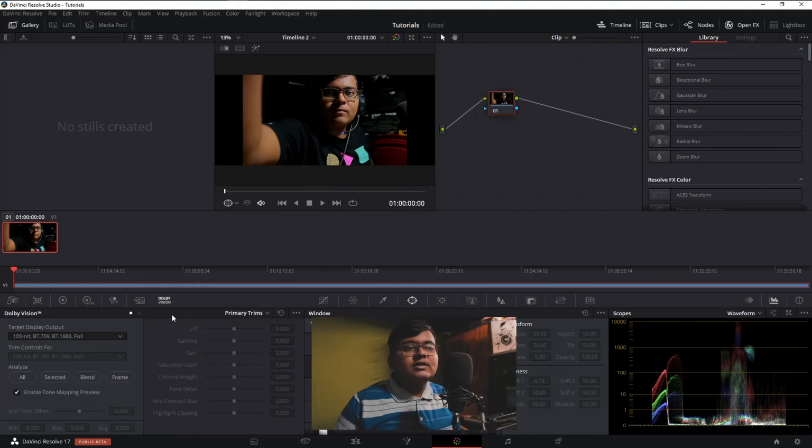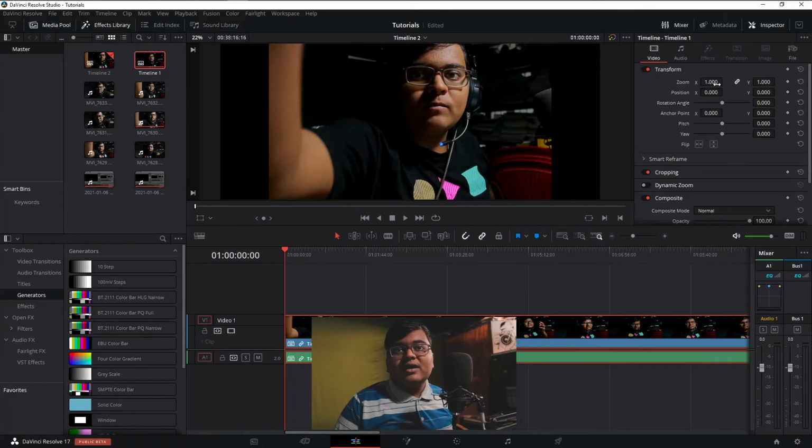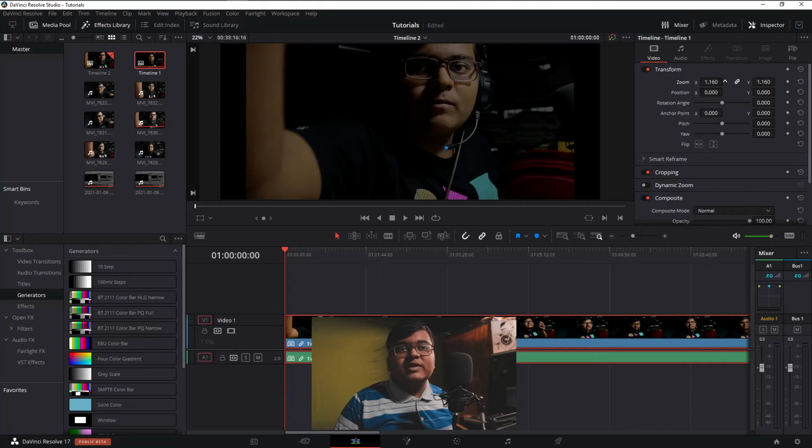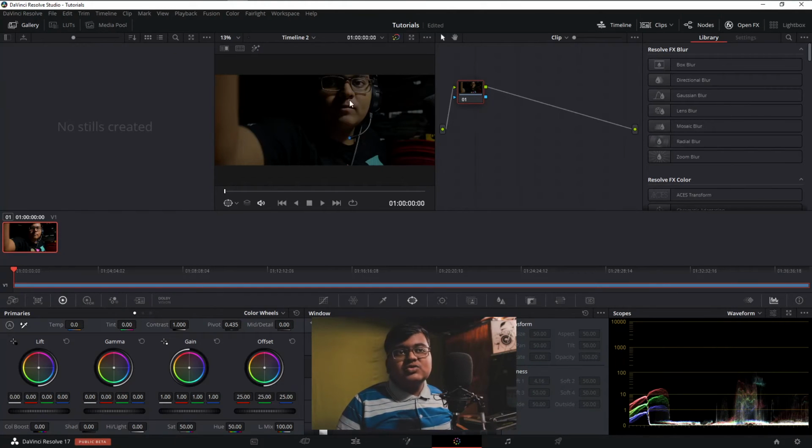I guess that has been done, and now you can tweak the colors over here. One thing to see is that if you are recording in 16:9 format and you are bringing it to scope, make sure you frame it properly, because it will come with boxes on the left and the right. So you just have to zoom in a bit. See how the color spaces changed, the luminance dropped, and the blacks increased. So you need to tweak a bit here. The color space changes usually.